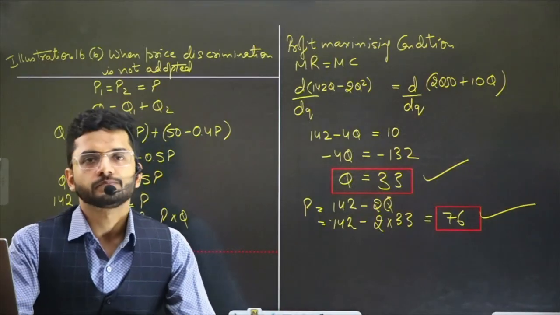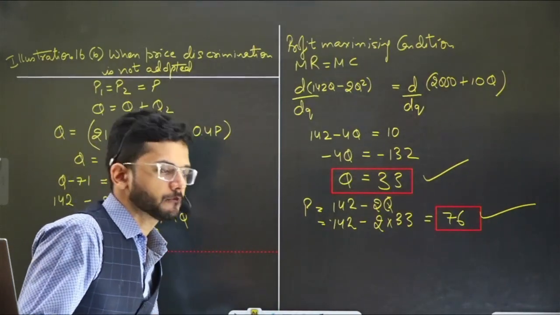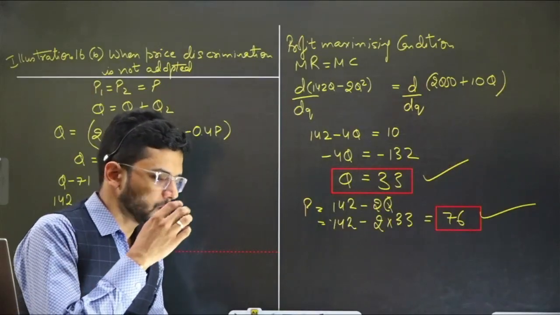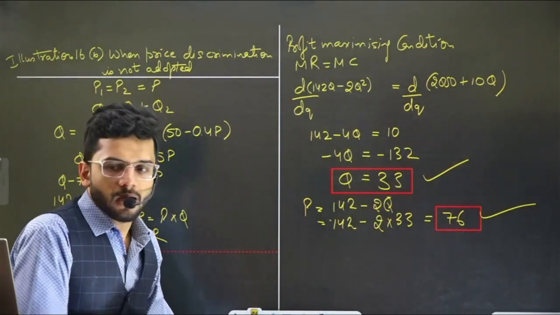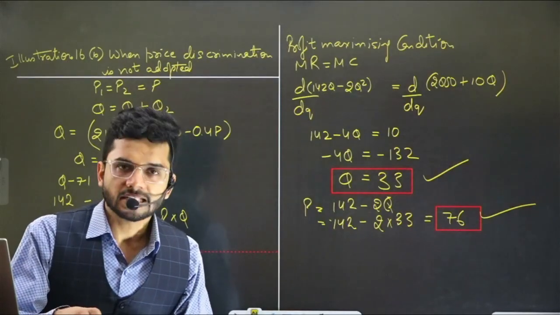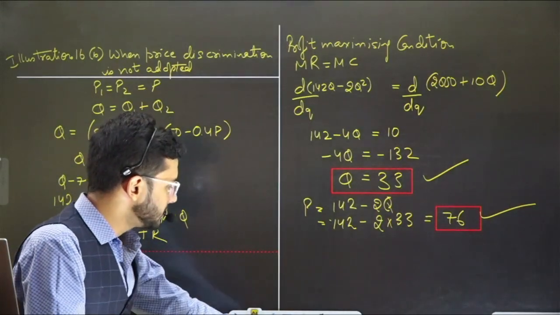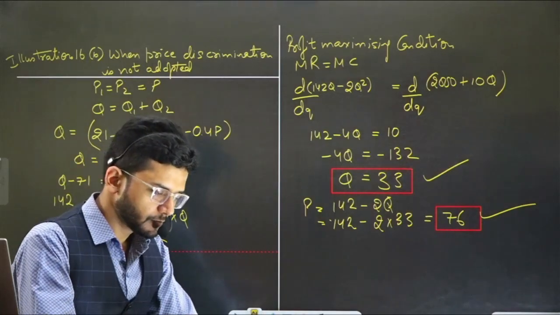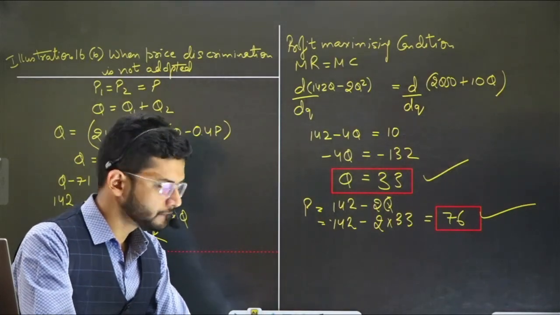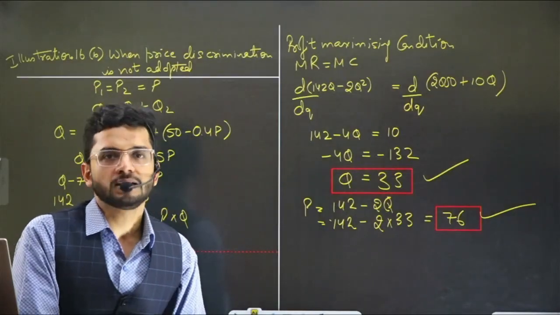Hence, the profit maximizing quantity and price is computed as 33 units and rupees 76 respectively,